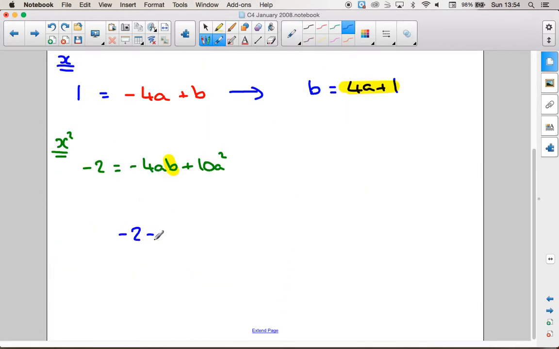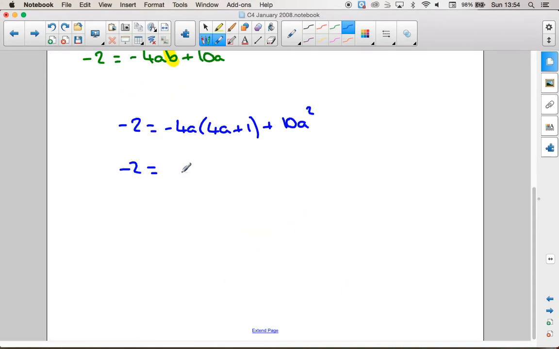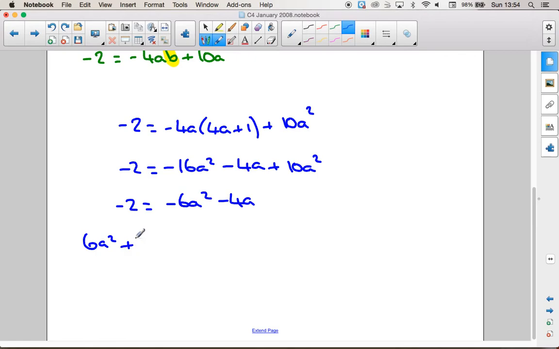So minus 2 equals minus 4a times 4a plus 1 plus 10a squared. If I expand those brackets, I'm going to have minus 16a squared minus 4a plus 10a squared. So that is minus 2 equals minus 6a squared minus 4a. And if I move everything to this side, I'm going to have 6a squared plus 4a, take away 2, equals 0. Notice I can halve everything,